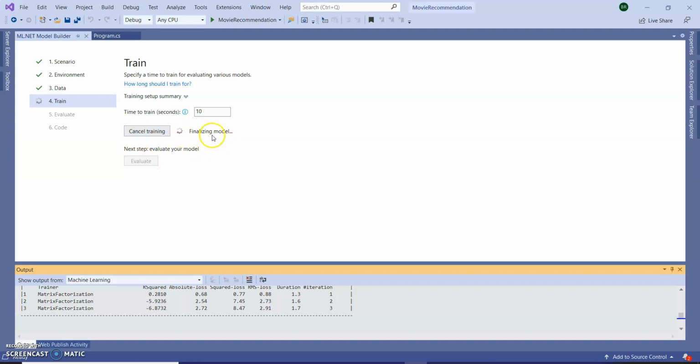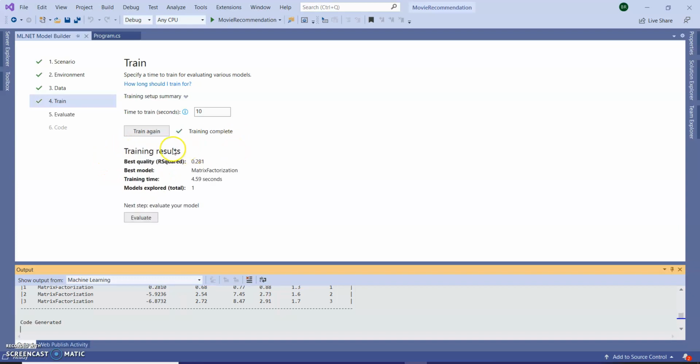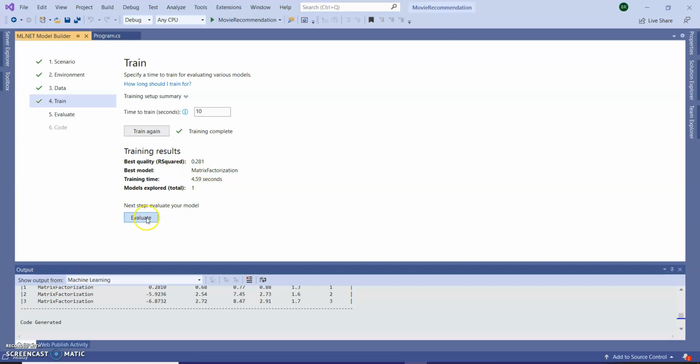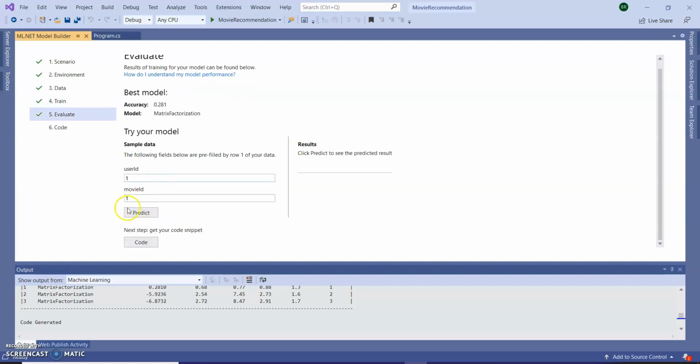It's finalizing the model. It will give us the appropriate model. You can see matrix factorization. Click on evaluate. Just check the prediction here, user ID and movie ID. The predicted rating should be 4.64.